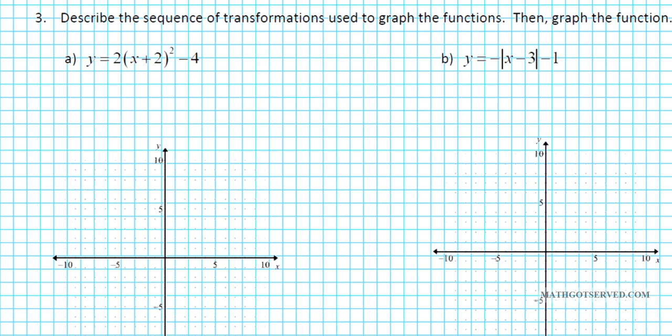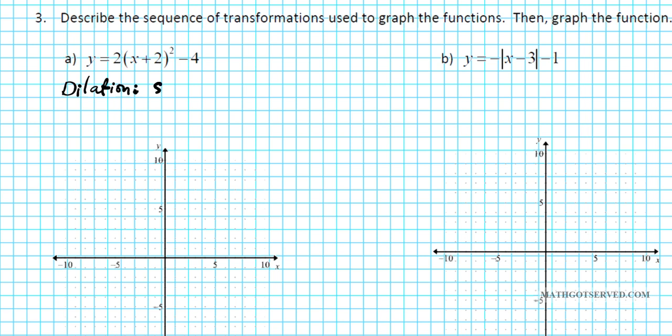All right, let's take a look at problem 3, the A part. It reads, describe the sequence of transformations used to graph the function, then graph the function. So here, let's look at the A part. We have a quadratic, a parabola. This 2 basically means that we have a dilation. So we have a dilation. What kind of dilation is that? Is a